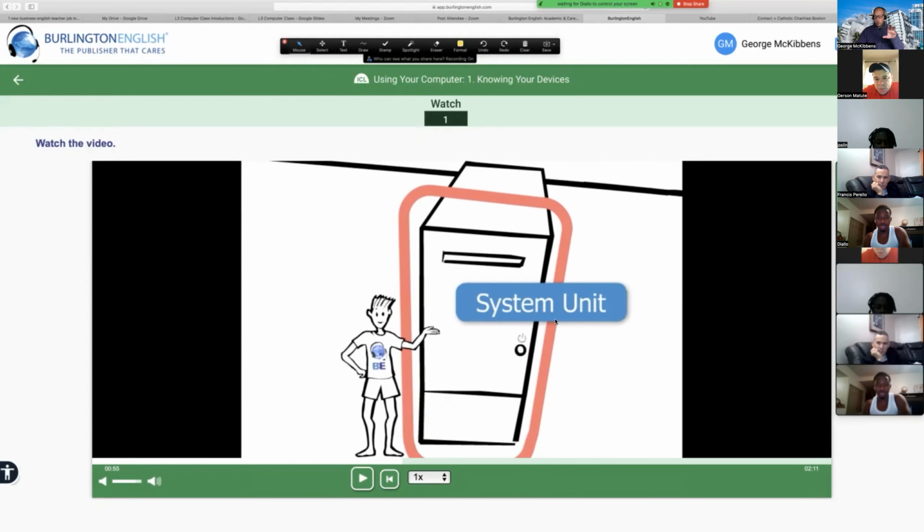So for older desktop computers, this will be called the system unit. You don't see a lot of those anymore. Like 10, 15 years old will have the system unit.